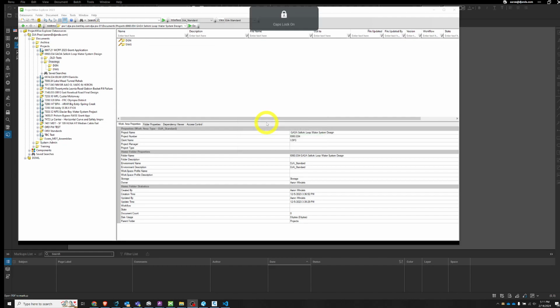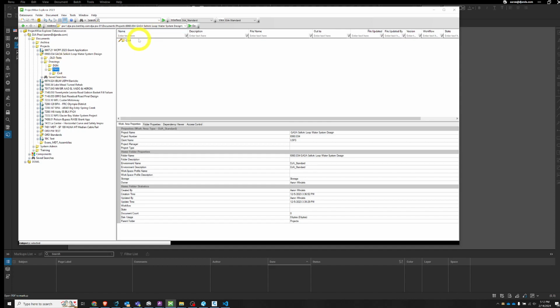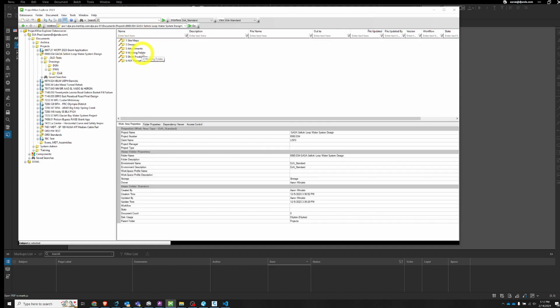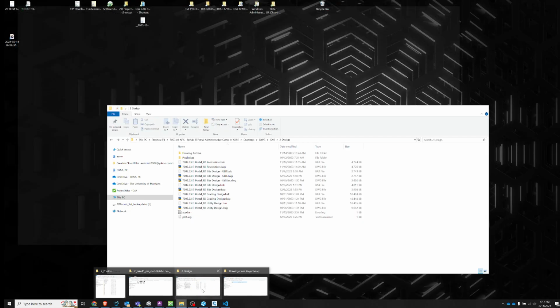Okay. So it just wrapped up. Everything's in here. So first thing, I don't have anything in the DGN folder Bentley-wise this time. It's all in Autodesk products. I usually have a structural folder in here, but civil too. First thing I'm going to do, I have all my stuff left behind on the